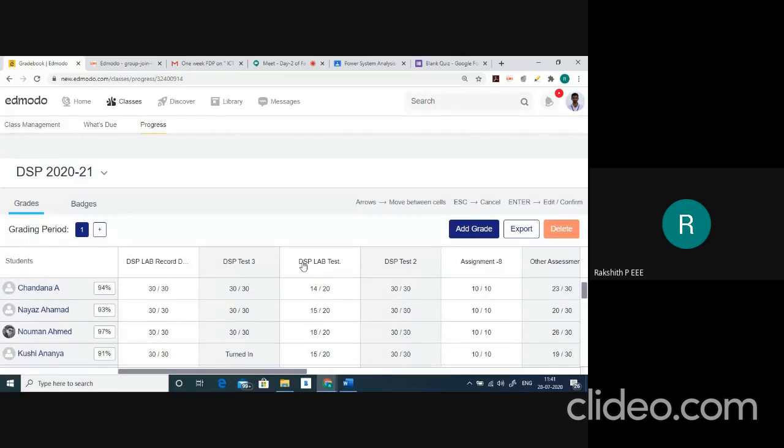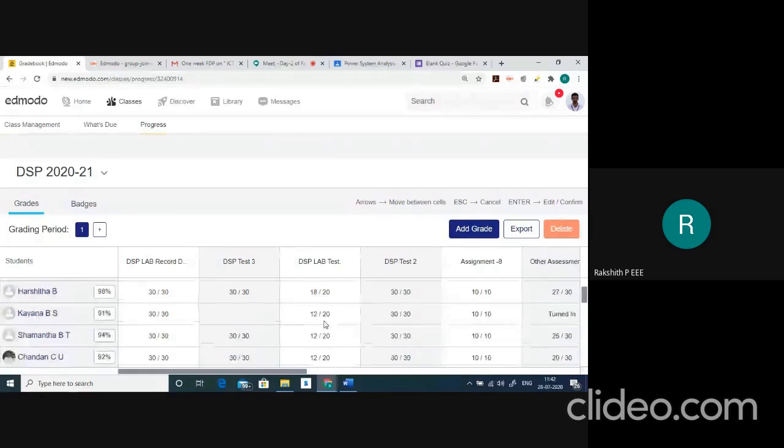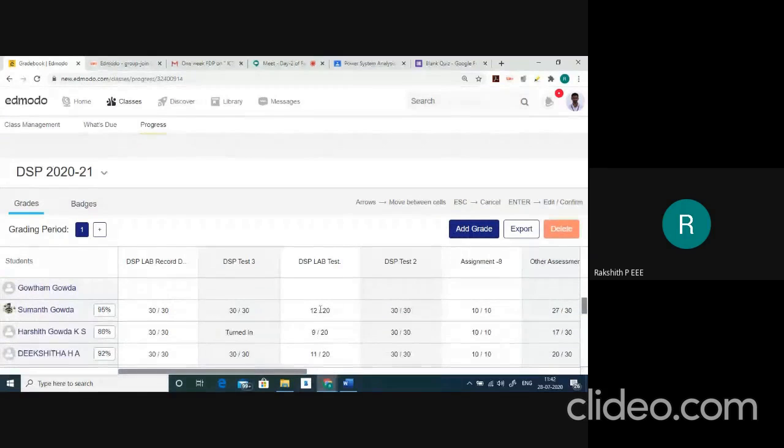Similarly, I created one quiz for 20 marks for the lab, and these are the marks they have got. It will be mapped automatically to their respective accounts once they complete the test. So these are the marks they got out of this.